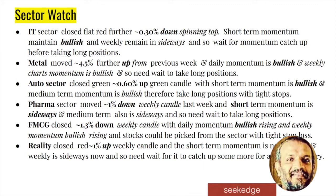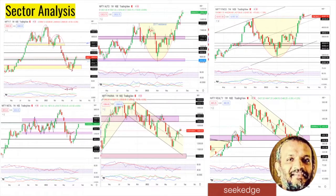Now, moving on to the sectorial analysis, we can see that the IT sector is closed. Let's look at the charts. So IT sector, we can see that it's conquered one major gap resistance, but you have a lot of gap resistances up there, and other previous resistance also on the side. So it's shown a clear recovery, and it is into the sideways. It has moved away with a divergence in the momentum, and it's moved away into the sideways zones, which is